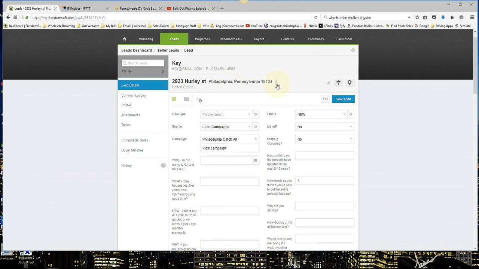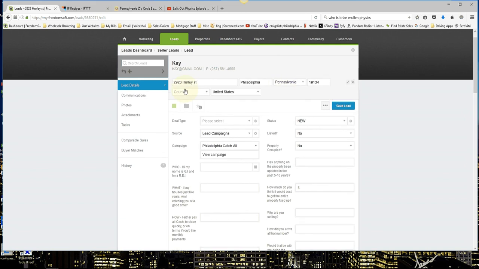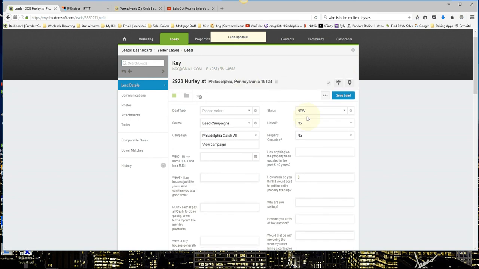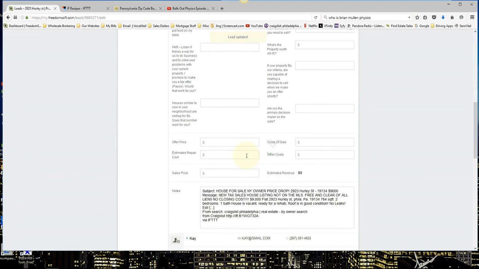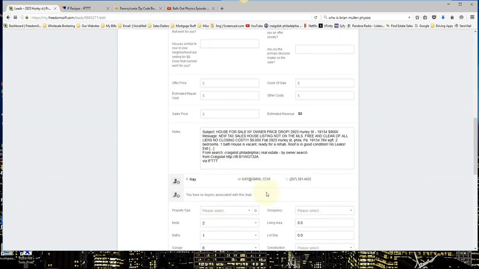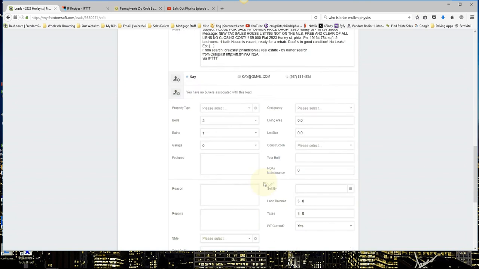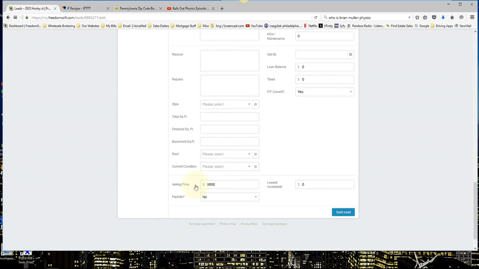So you simply come in here, you do edit address, you would click on it, and this is where you'd be inputting the property address, and then click the check mark to save it. So those are the most important fields. You want to do property address. You want to put notes in here. You want to put the contact information in here. And again, you want to update any notes and an asking price, and then always